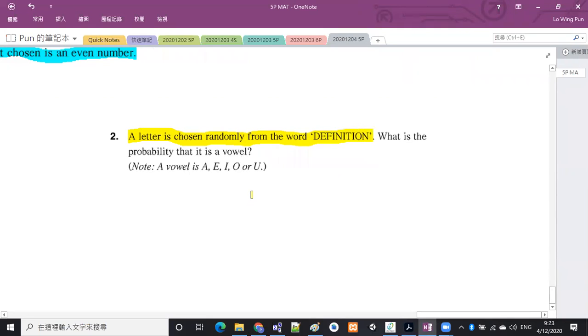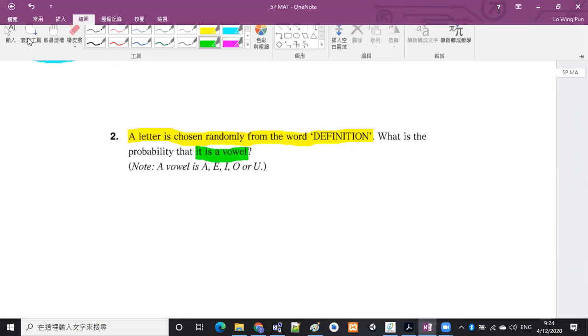OK，呢句未去到問你求啲乜嘢，淨係話俾你聽而家要做啲乜嘢啫。呢個題目嘅處境係由 definition 呢個字裏邊揀一個字母出嚟，有幾多個選擇咧？咁咪有10個咯，因為佢有10個字母。跟住佢叫你求嘅就係 what is the probability that it is a vowel